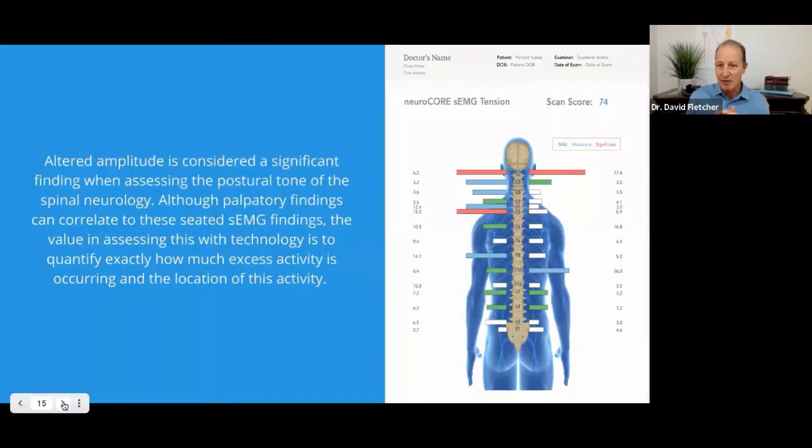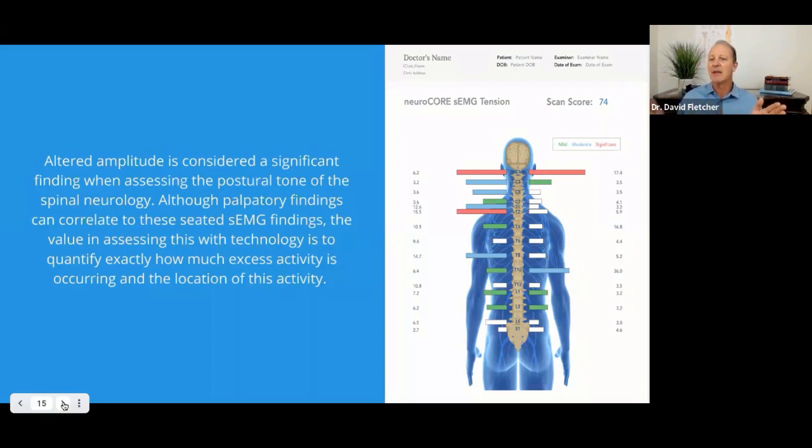So this is an amplitude view, much like I was showing you. This is a different one. But anytime that we have over 3 times the standard deviation, we will start to get a red bar coming up. And you can see that this person has 17.4 in the upper right C1 region, where it's at 6.2. That's still 3 times up and above, and 5 and 6 times still presenting red. So red needs to be understood as a hypertonic responsiveness, and you will be watching that on the pattern scores a little differently.